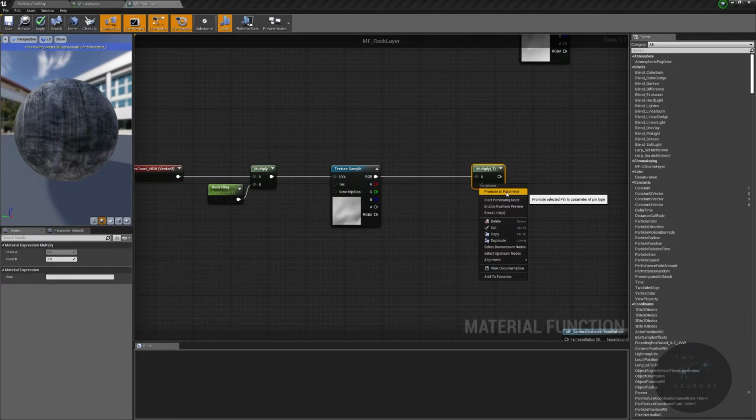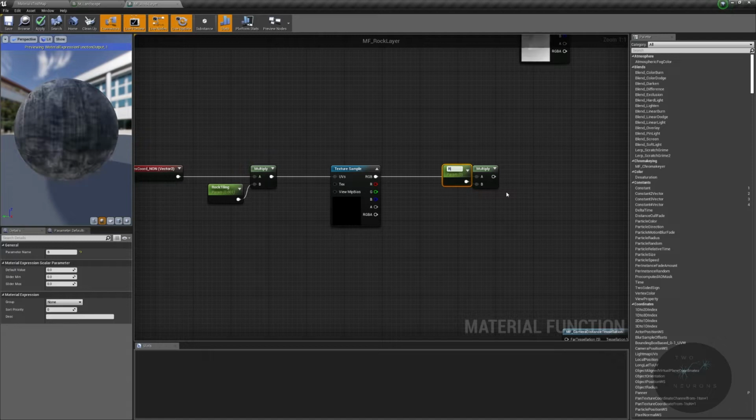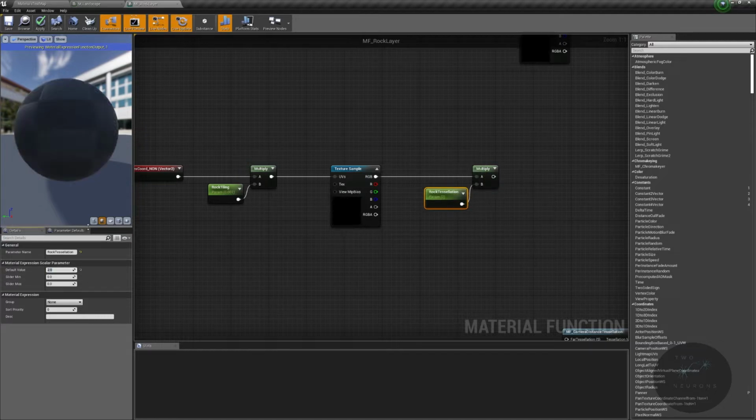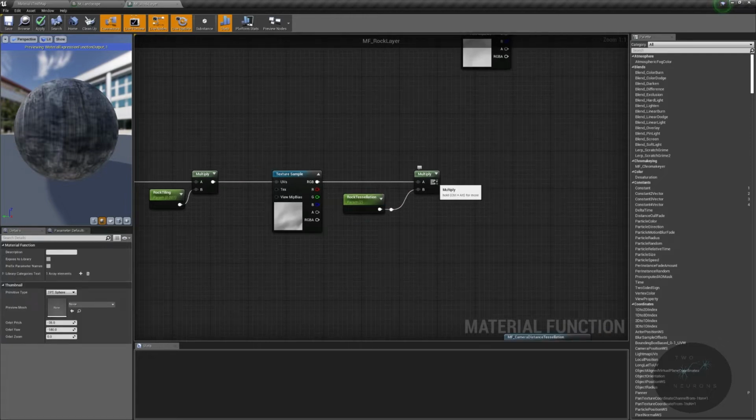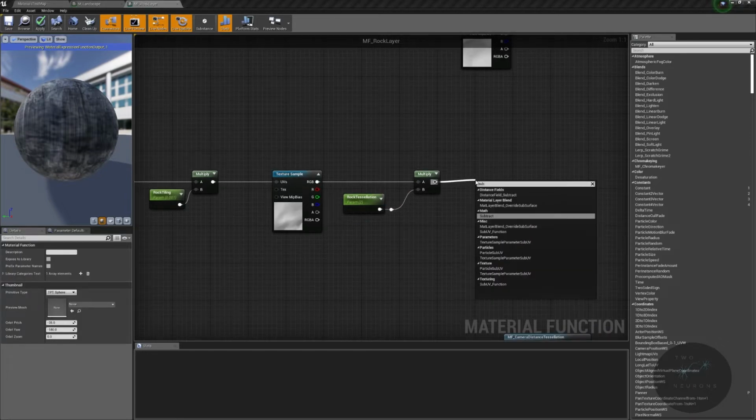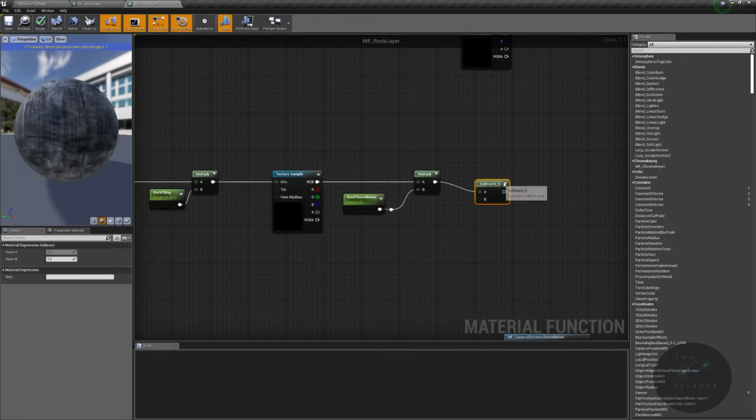We're going to right click our B, promote to parameter, and this will be our rock tessellation. I'm going to set the default value at 2, which is going to create some really messed up stuff in just a moment. And then I'm going to control for this tessellation, and I'm going to smooth the edges slightly. And I'm going to do that by subtracting from our multiply here,